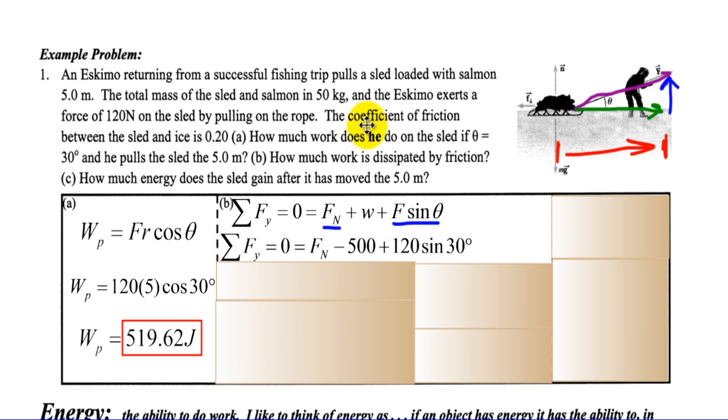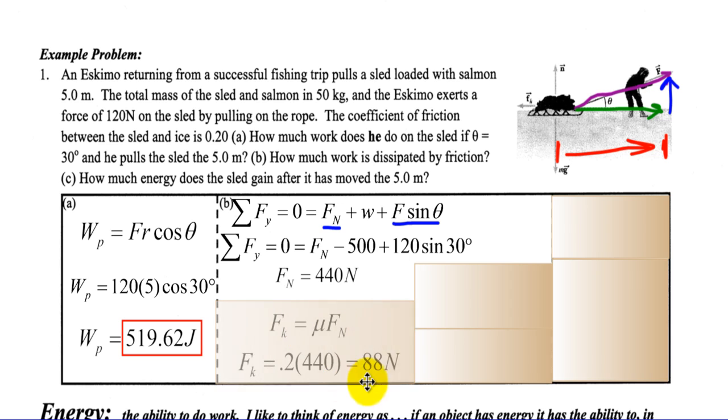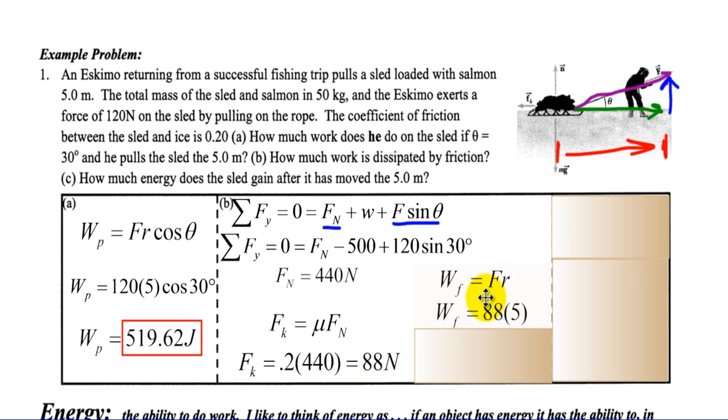So we know the weight, right? If it's a mass of 50 kilograms, then it's 50 times 10, and it's down, so it's negative. The 120 sine 30 gives us the y component to this force, which gives us a normal force of 440, and we need that normal force to find the frictional force. So using our equation for friction, it tells us that mu is 0.2, and so we have now the frictional force,